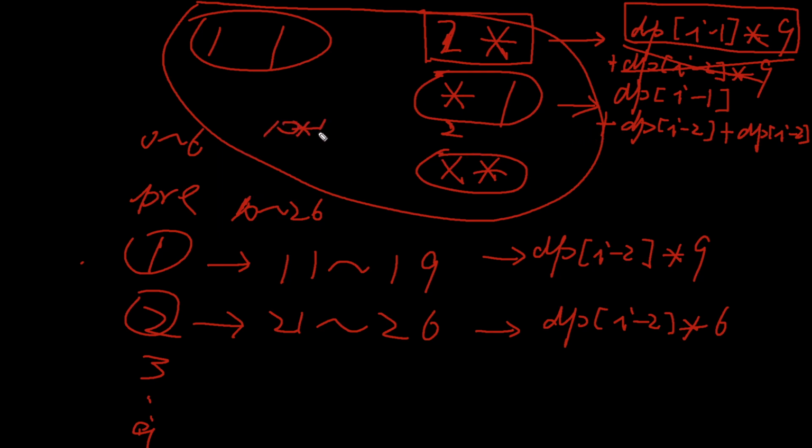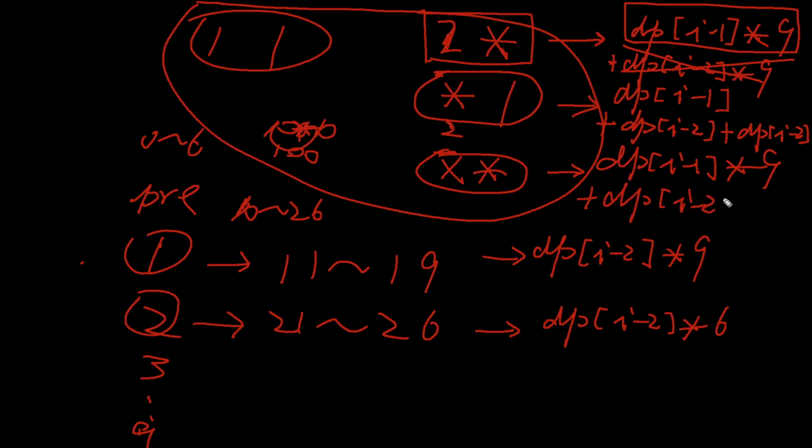If you have a 10 times 10 for loop, it's going to be 100, right? For the case of this one. Okay, back to here. If we have 2 stars, of course we have this one. First we have dp of i minus 1 times 9, so that's the case of using the second star as a single letter, plus dp of i minus 2 times 9 plus 6, right? Because we already know,